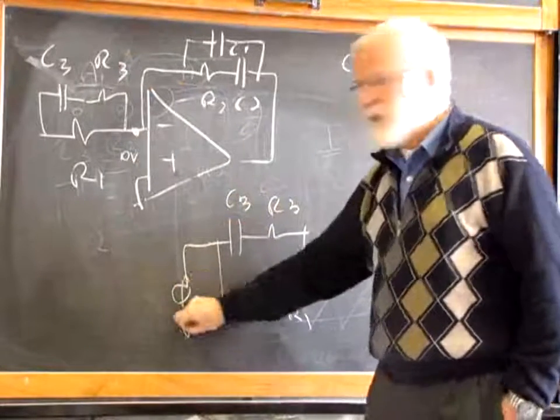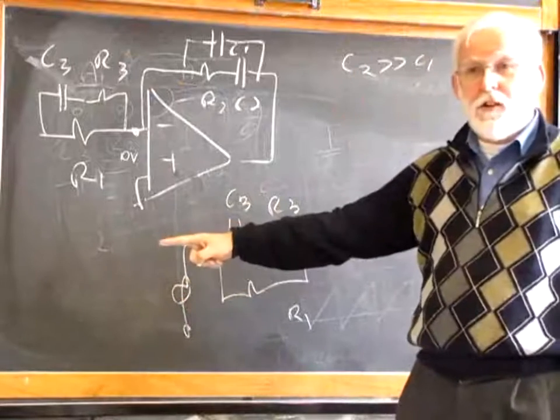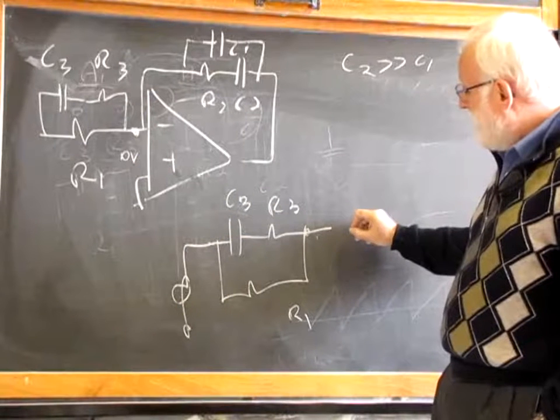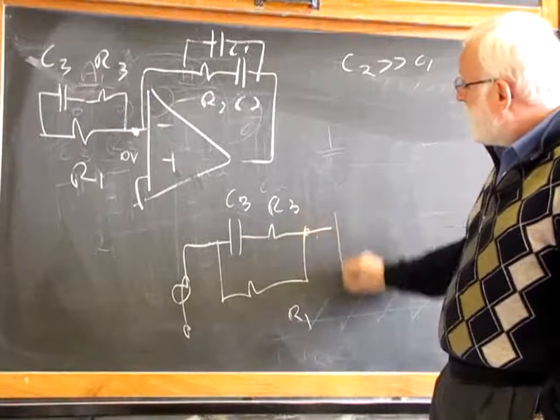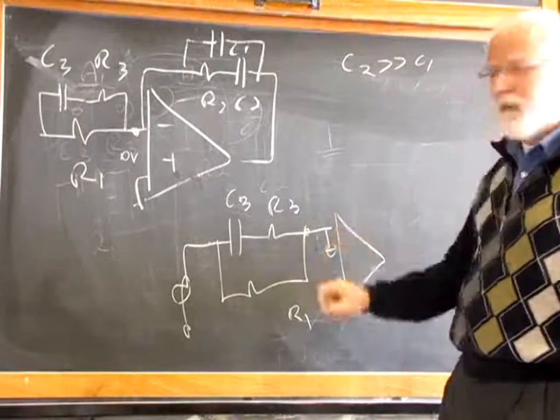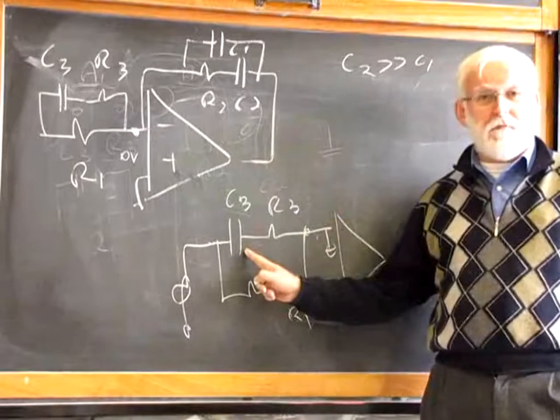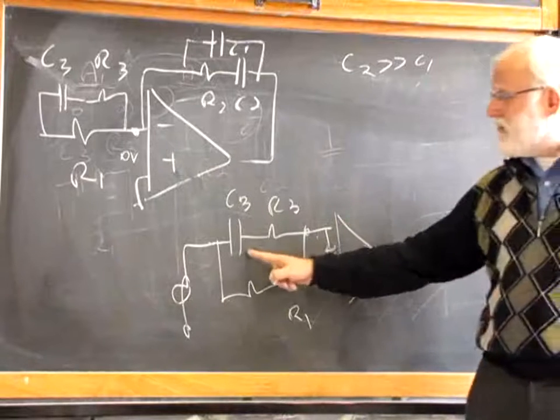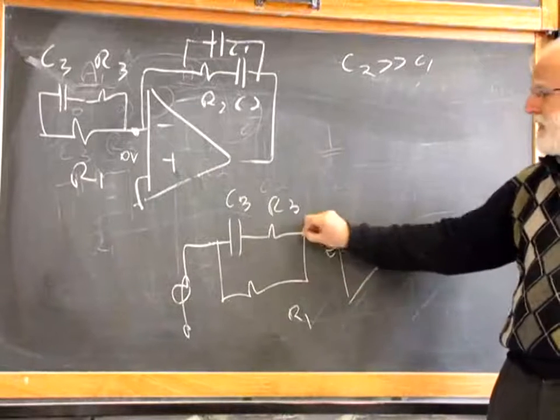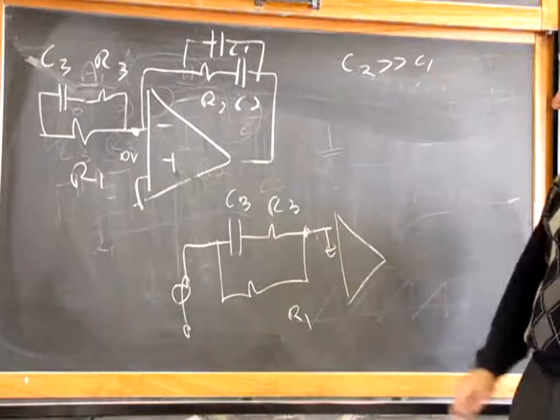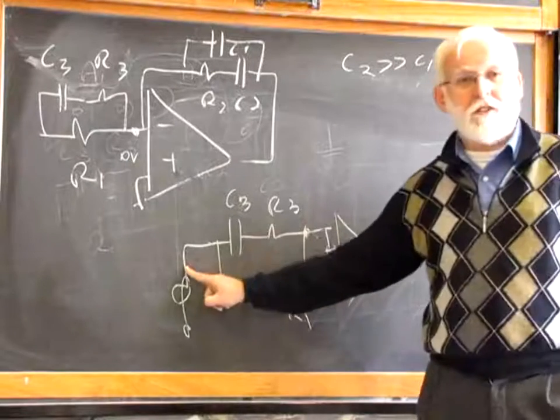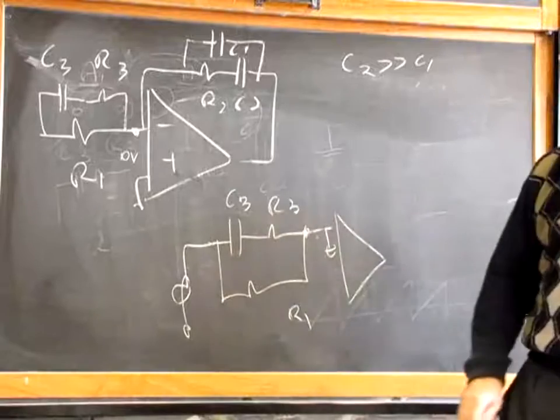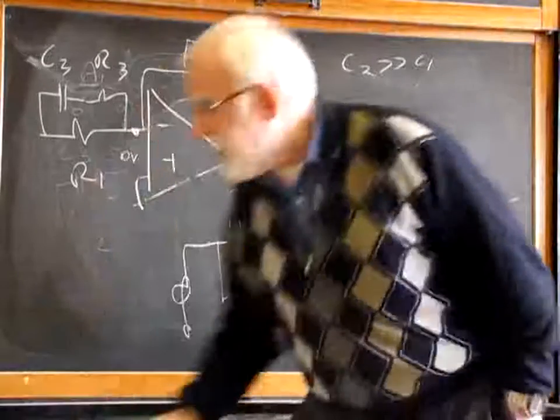Here there is a signal source. There is the output voltage of my system, and here there is my input, my op-amp input, that is a ground, as seen from C3. It's not an actual ground, it's just a virtual ground, but C3 does not see any difference. C3 sees that this point is at 0. So we have 0 voltage over here, constant voltage over here. What is the equivalent resistance seen by C3? That means we remove C3,